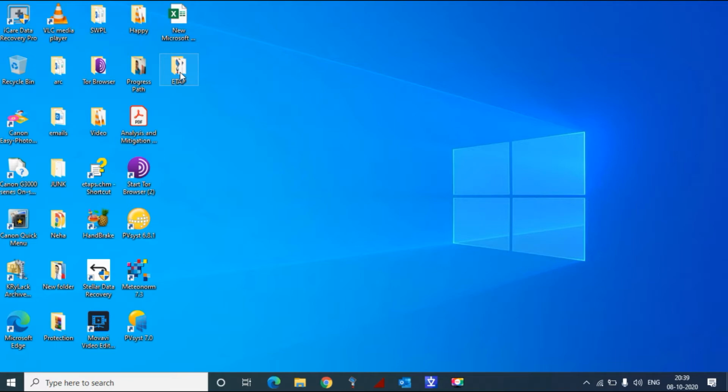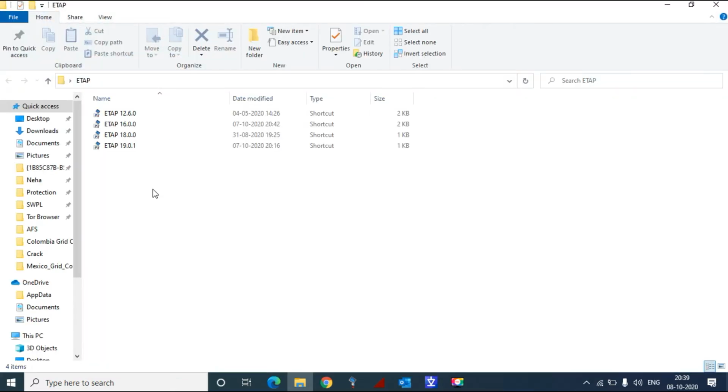For ETAP, I have majorly four versions: ETAP 12.6, ETAP 16, 18, and ETAP 19, which is the latest version that I have. All these versions are basically one and the same, with only small modifications and some modules added as advancements, and as requirements come from customers for real-time and SCADA monitoring and parameterization of SCADA systems, real-time data monitoring systems, and some railway e-tracks. Railway traction simulation can also be done in ETAP 16, 18 and ETAP 19.